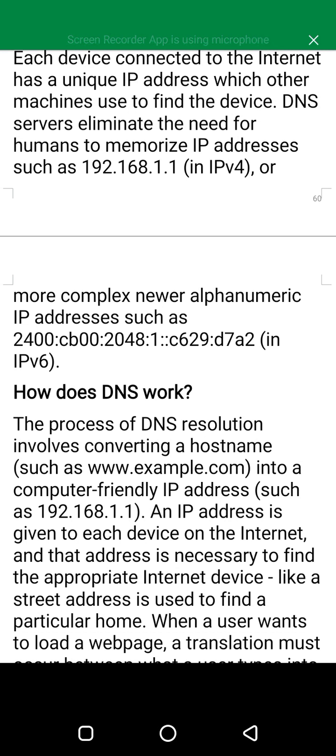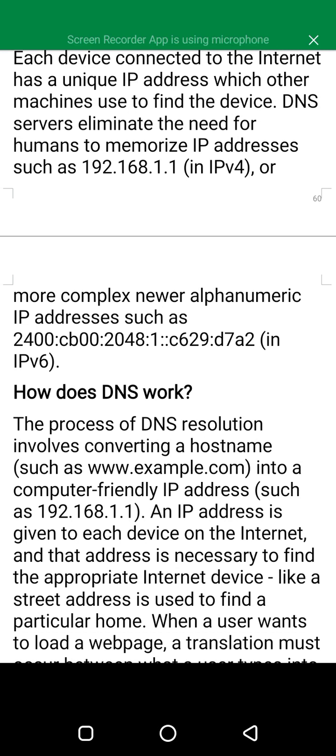How does DNS work? The process of DNS resolution involves converting a host name, such as www.example.com, into a computer-friendly IP address such as 192.168.1.1.